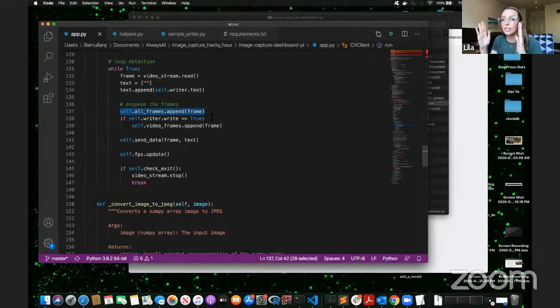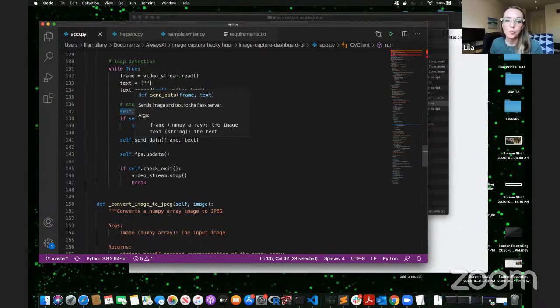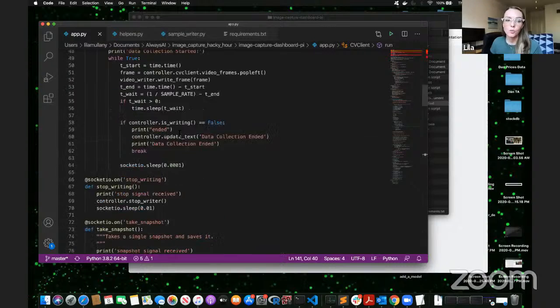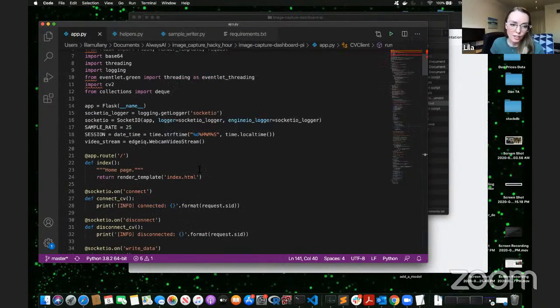And that way we just get a little snippet versus having to try and find a timestamp or line things up. So in any case, anytime we get a frame, we always append it to all frames. If we're writing a video, then we'll also append it to the video frames. And those, I should have started, those were